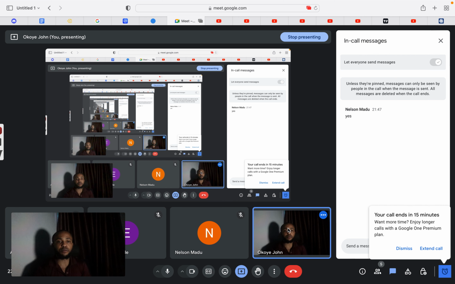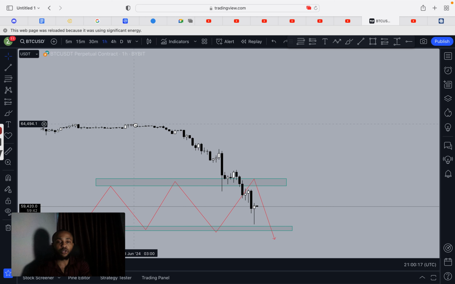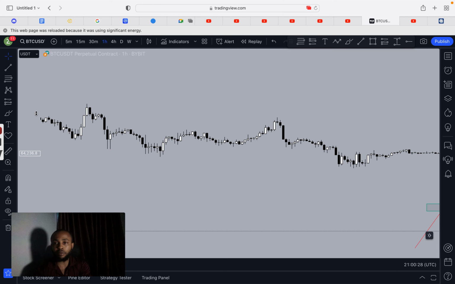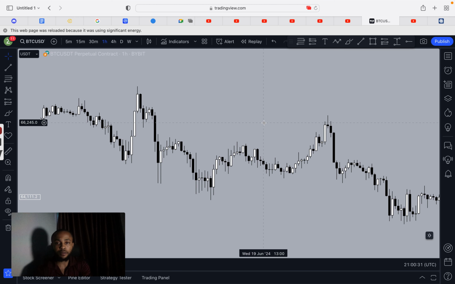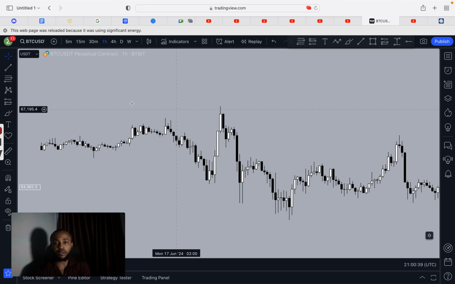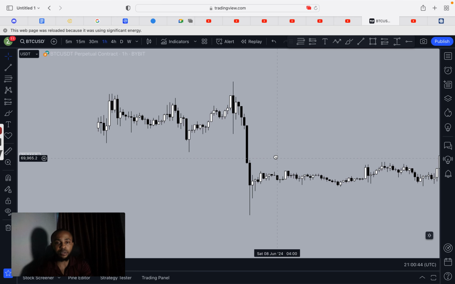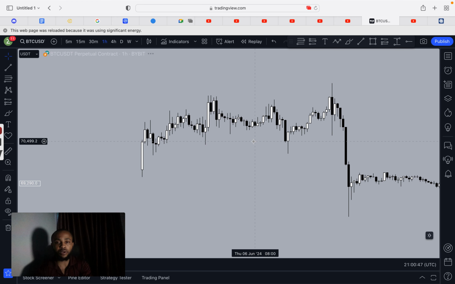Okay, we have like 15 minutes more. So I hope everything I explained is clear. If you want to practice, go to your 1 hour, look at the chart. Let me look for a range that played out. Let me see here. Low, high, low, okay, high, low. There's nothing here. There's no zigzag at all around this level. There's one here, but it's not really clear.